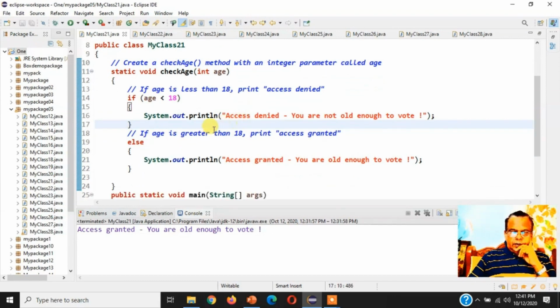Now, continuing. If age is greater than 18, print access granted. That is, the if clause is over. Now then else. Open the brace. Next,